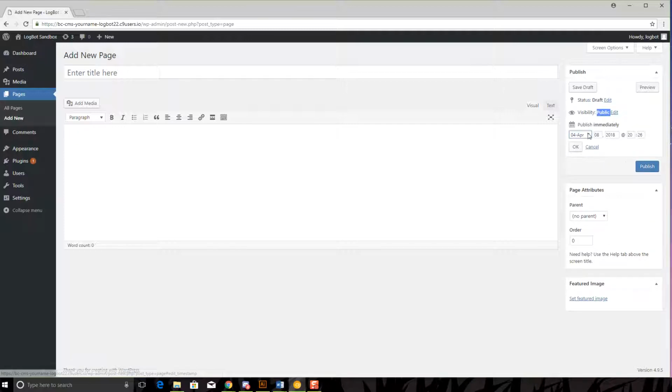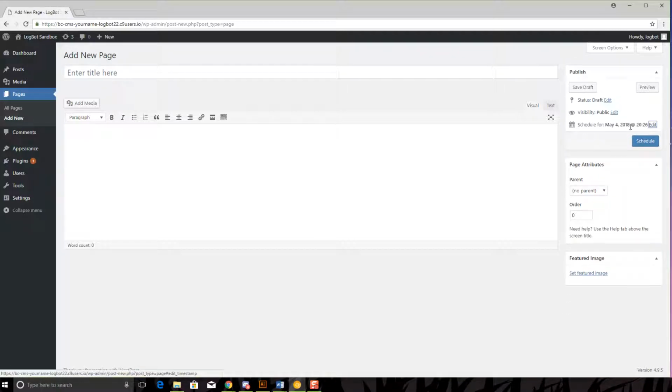The other option here is if you wanted to publish something at a later date, or you could technically even go back and publish this 4 days ago if you wanted to. You can schedule it out however long you want, and you'll see that it will change from published to schedule. Okay, I'm going to go ahead and cancel this,